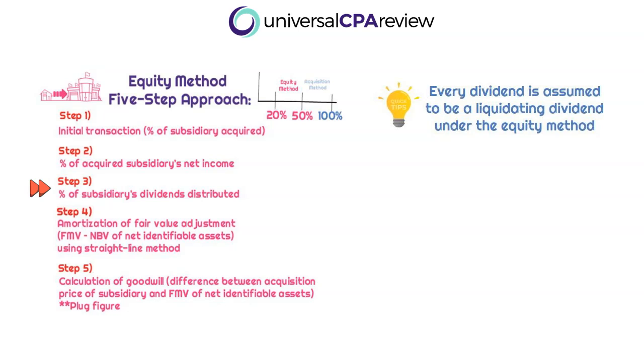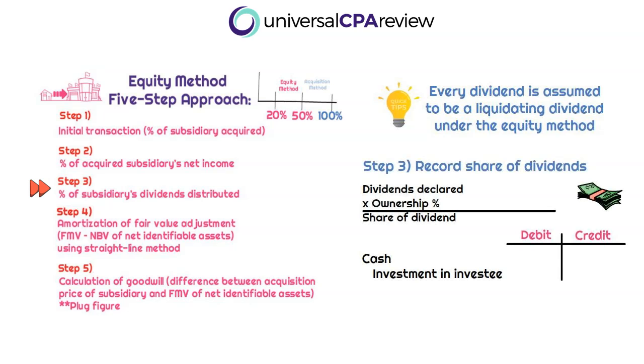Now, unlike the fair value method, where we had liquidating and non-liquidating dividends, everything is assumed to be a liquidating dividend under the equity method. So every single time we receive a dividend, that's going to reduce the carrying value of the investment in investee on our balance sheet, right? So that's why it's always going to be a credit to the account, and then the offsetting debit would be the cash that we are receiving from our investment. So fairly easy to remember, but when it comes to dividends, those are always going to reduce the carrying value